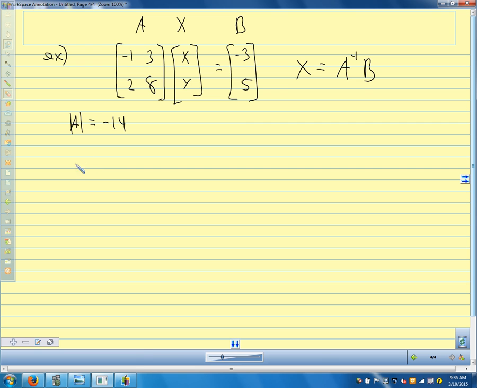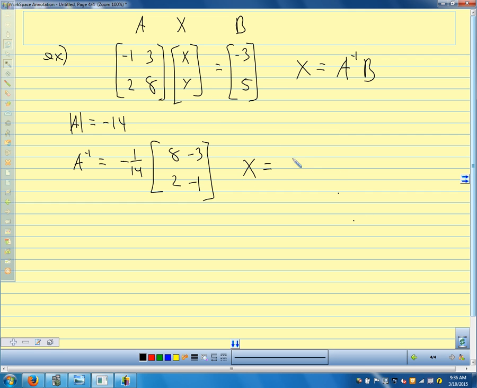So A inverse is negative 1/14 times... We're going to switch the elements on the main diagonal and change the sign on the other two. So there's my inverse. And we know that X equals this inverse matrix